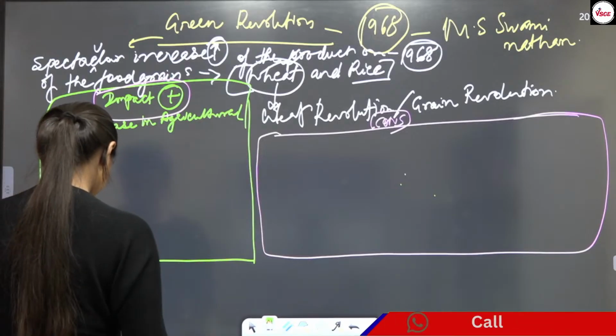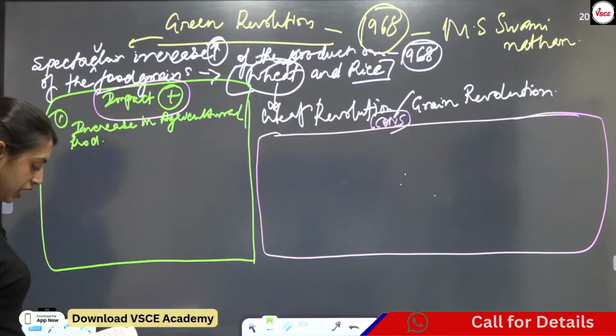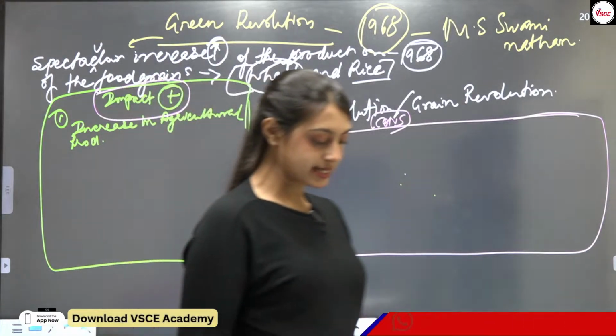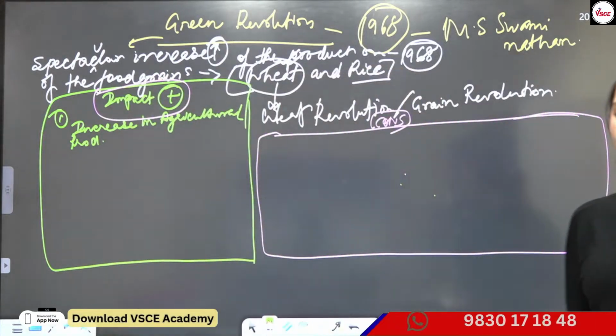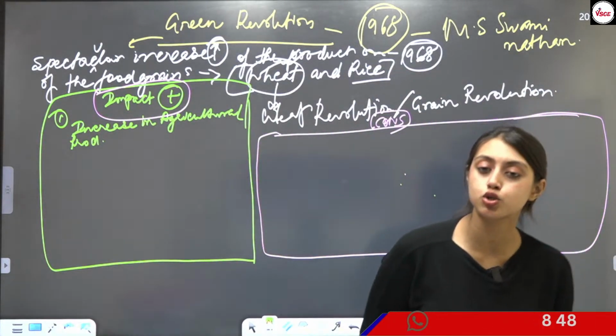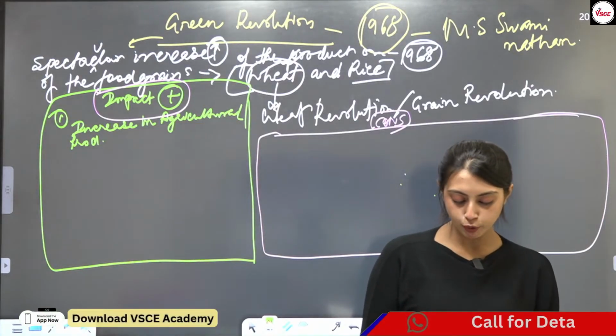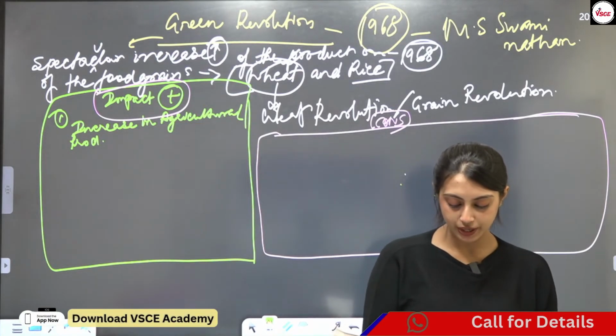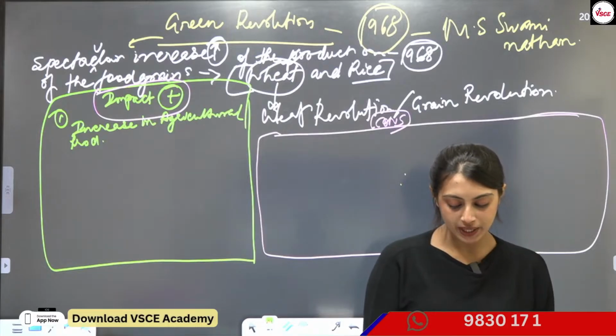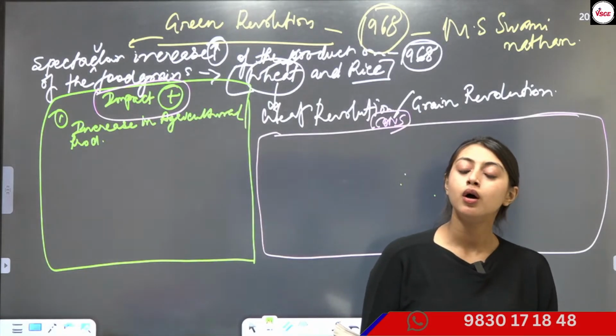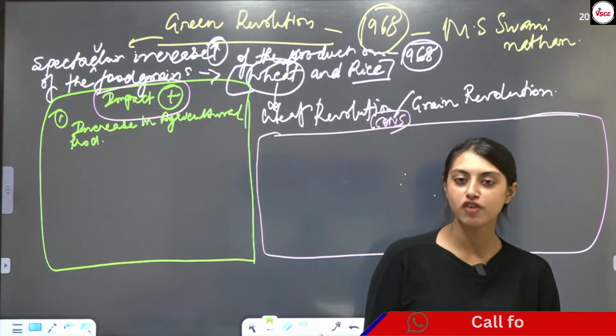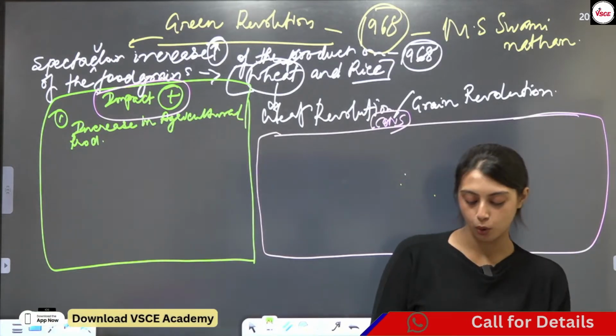Okay. Now what do we see here? The introduction of green revolution in 1967 to 1968 has resulted in a phenomenal increase in the production of agricultural crops, especially in food grains, bringing about a grain revolution, which is wheat crop, which drew maximum profit, which I have already talked about. It is written in the board, right?